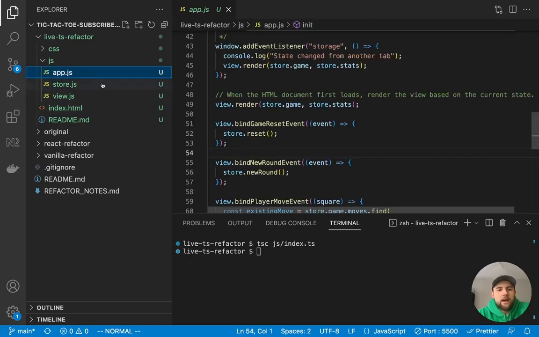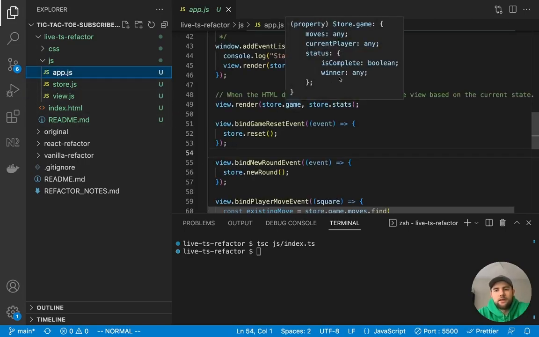But if we go back to app.js, it doesn't really know what type anything is. It can figure out the Boolean type, but the moves and the current player and the winner are all any types, because it can't figure that out with plain vanilla JavaScript.